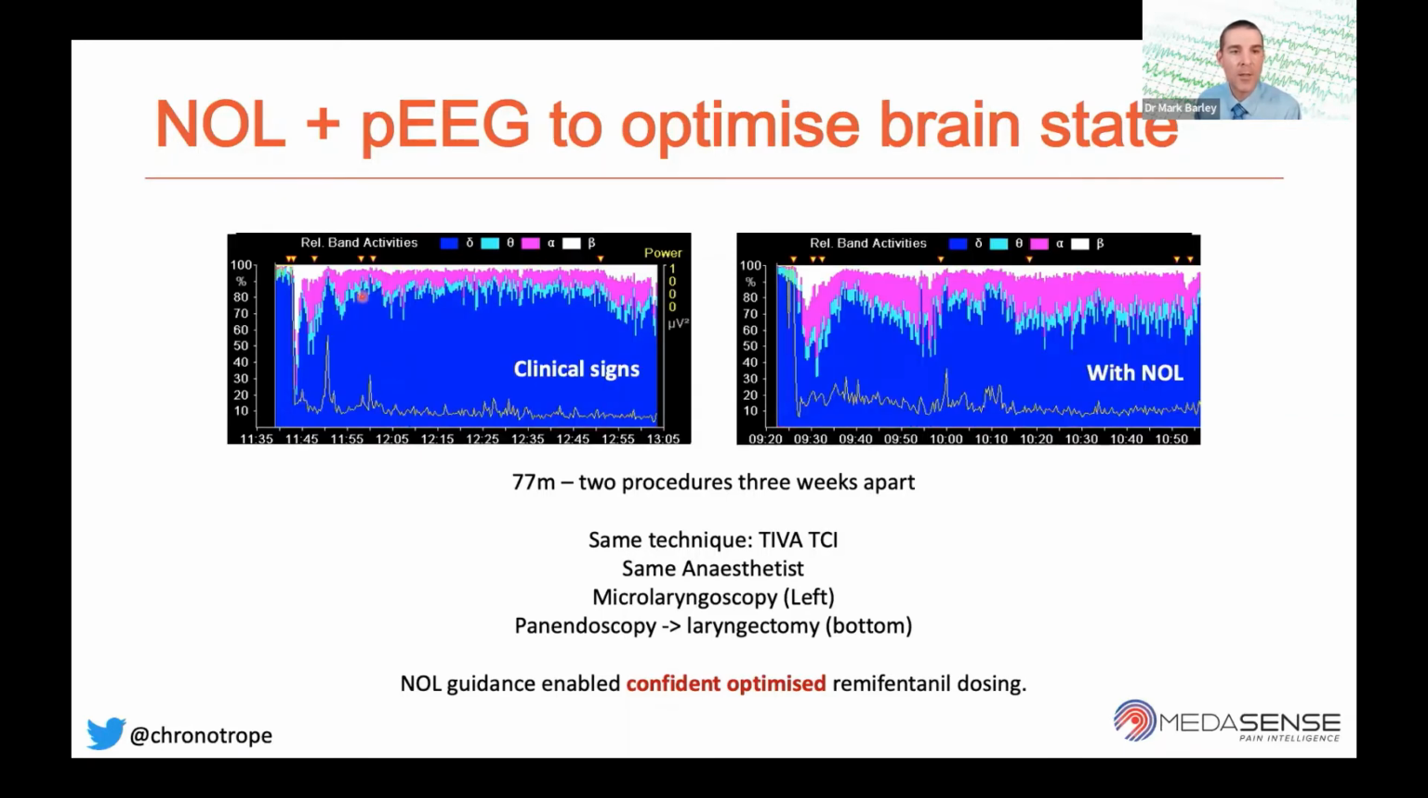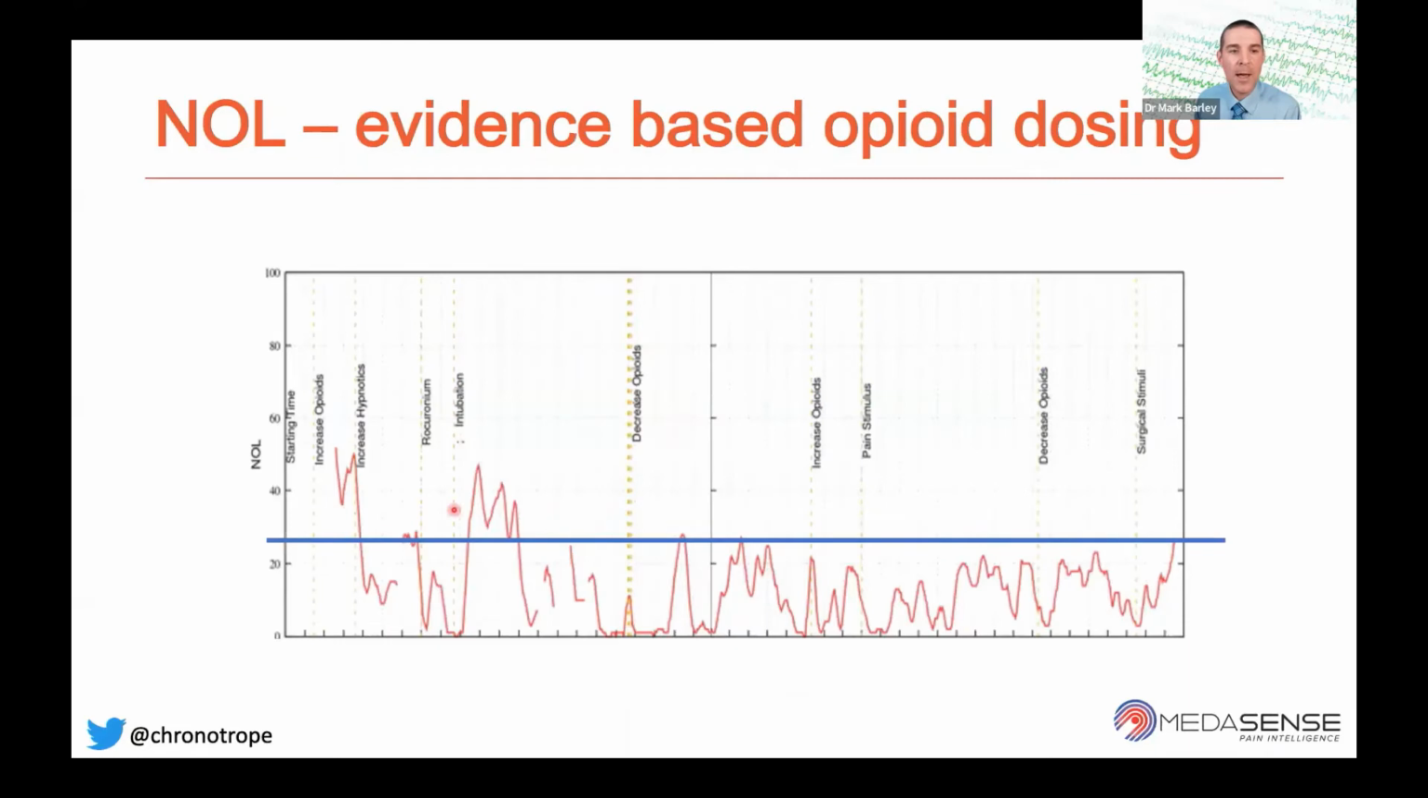We can see here the thicker pink band of alpha power on my Narcotrend system that I'm using as a processed EEG monitor. And this is what the case looked like on the NOL. So following a stimulus from intubation, we settle down into the doldrums of positioning and our surgeons getting ready. And this point here is where I'm able to decrease my opioids. I've increased them in advance of a painful stimulus, introducing the panendoscope, and I've been able to maintain my NOL value persistently below 25 as indicated by the blue line. And I was confident with my opiate dosing here, and this patient woke up beautifully after 7 or 8 hours